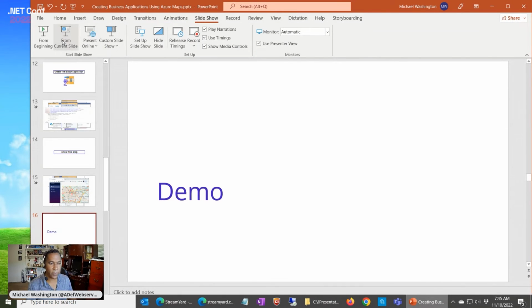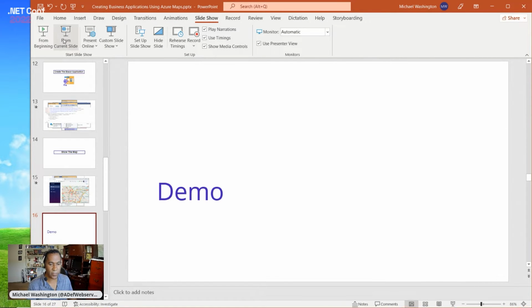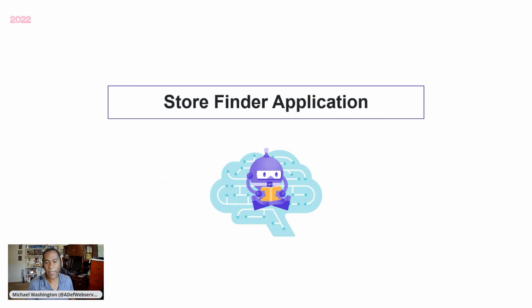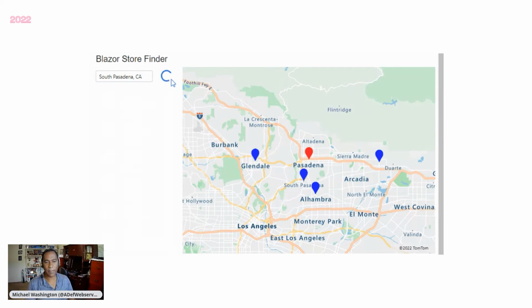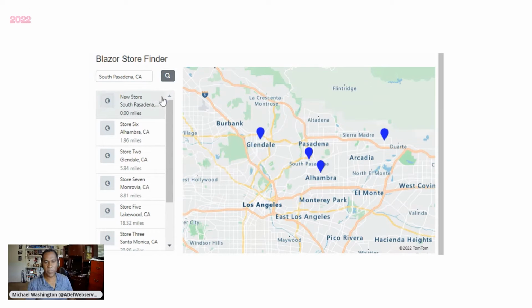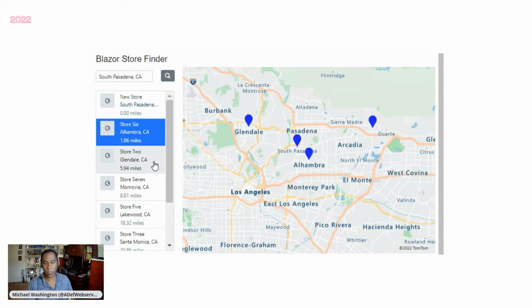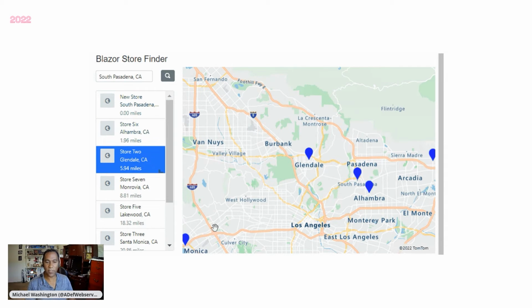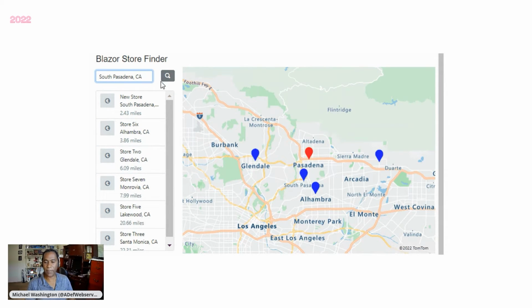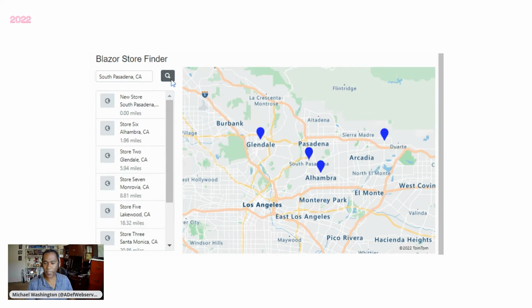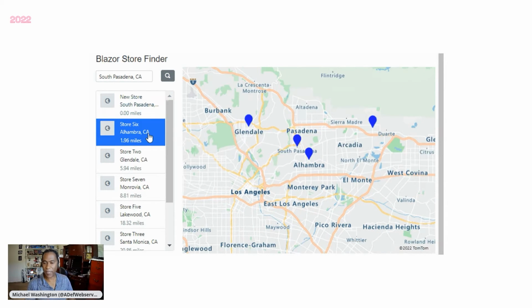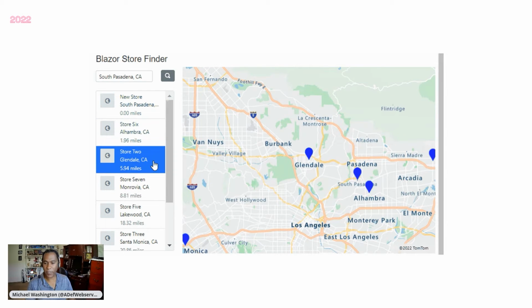And let me go ahead and return to the slides there, current slide, there we go. Okay, as promised, we're going to now cover the Store Finder application. This is a simple application where a person puts in their current address or an address that they want to search with. It displays the store locations that are stored in the database. As you see, there's little pins that display on the map. And again, they're able to search and pan and zoom in the map just like you would do, say, for Google Maps.